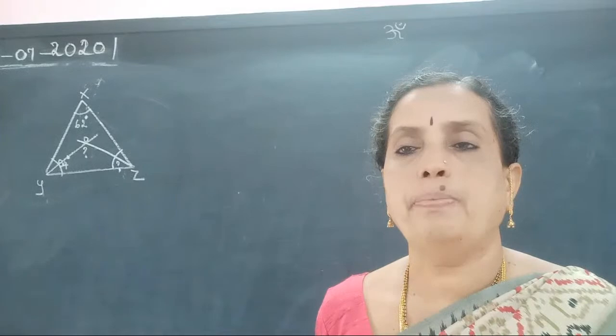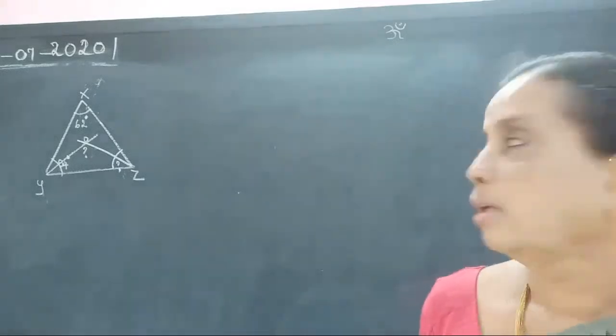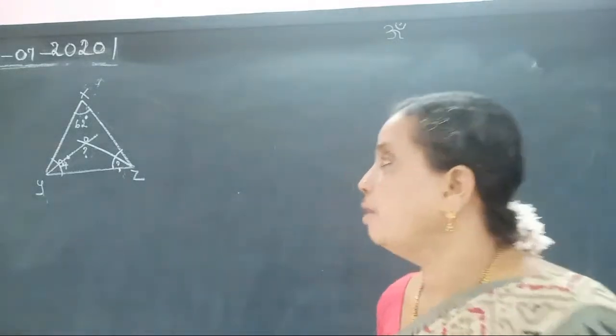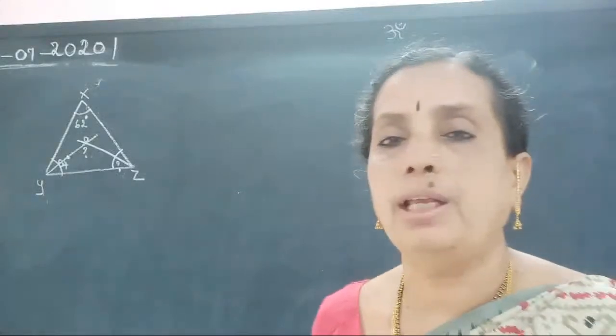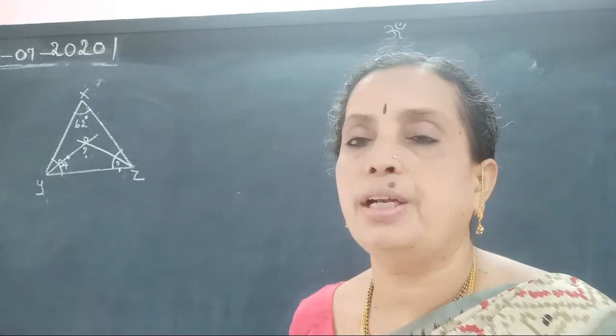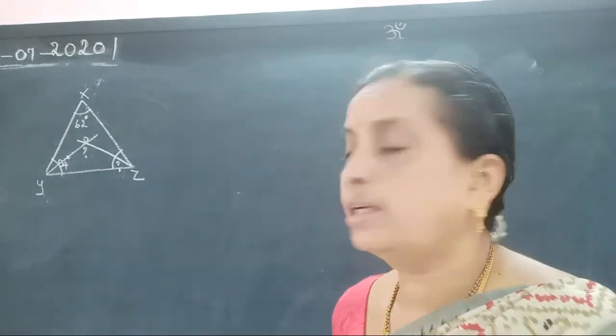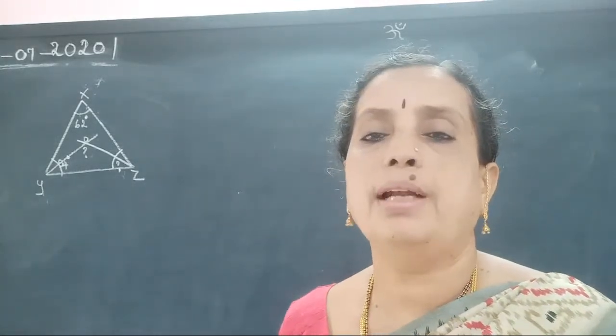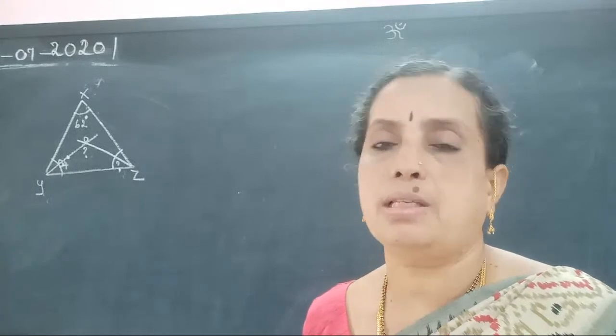Angle sum property, if you apply, X is 62 degree, Y is 54 degree. So 180 degree minus 116 degree. Correct? 180 minus 116 degree equals